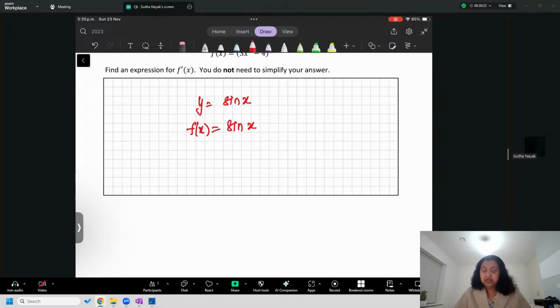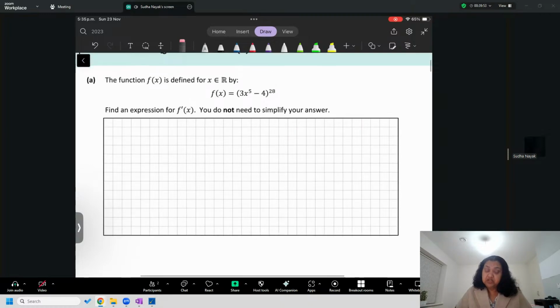And y is equal to sine of x can be written as f of x is equal to sine of x. Now differentiation, y dash can be written as cos x. Here it can be written as f dash x, that is equal to cos x. So that's a different notation. That's it. But you need to understand the notations, because that is how they format the question. So here in this case, they have given a function, and find an expression for